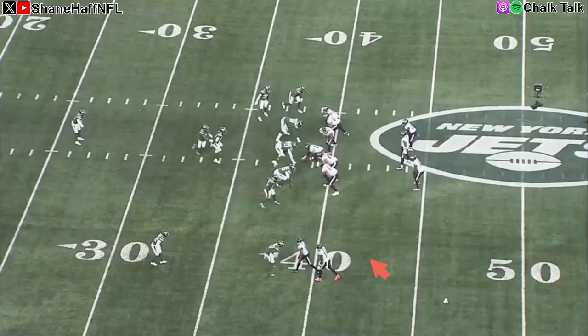This was another really cool design, not pictured because the All-22 cut it off, but we've got a running back that starts out wide and motions into the backfield. So we've already got one motion in this play. And then A.J. Brown is going to go on an orbit motion. And all this motion messes with the defense, but basically what we're going to do here is it's a triple